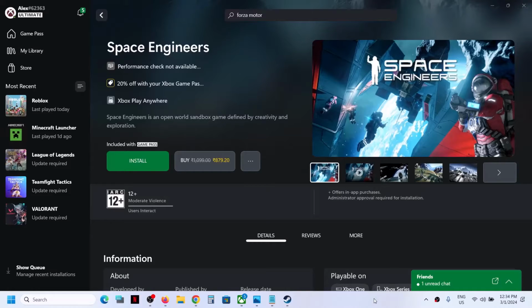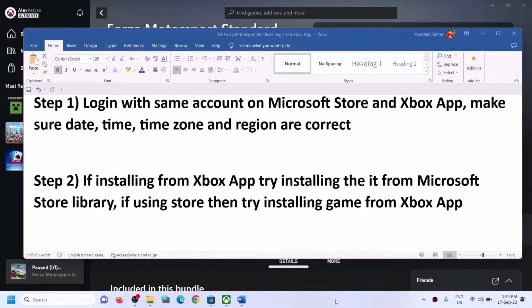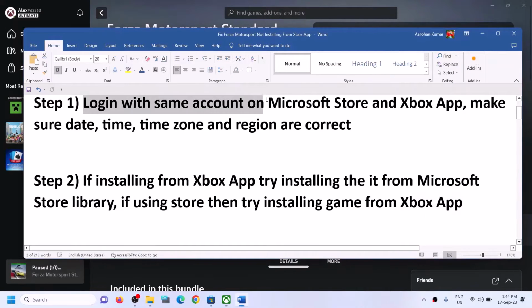Today in this video I'm going to show you how to fix when you're unable to install Space Engineers game from Xbox app, or if you're unable to install it from Microsoft Store, then please follow the steps shown in this video. The first step is to log in with same account on Microsoft Store and with same account on